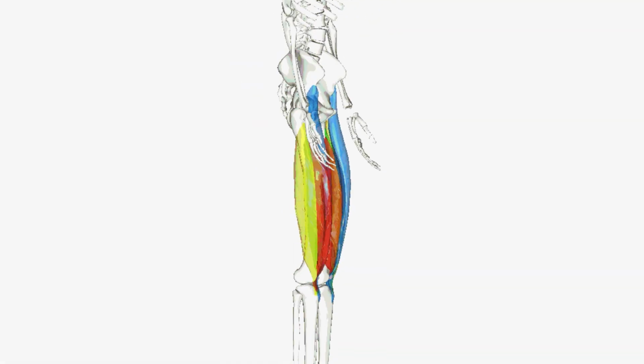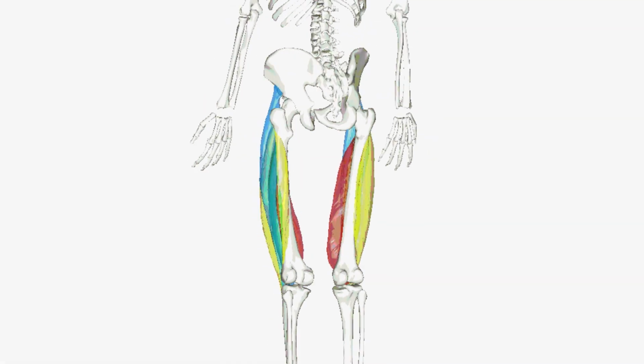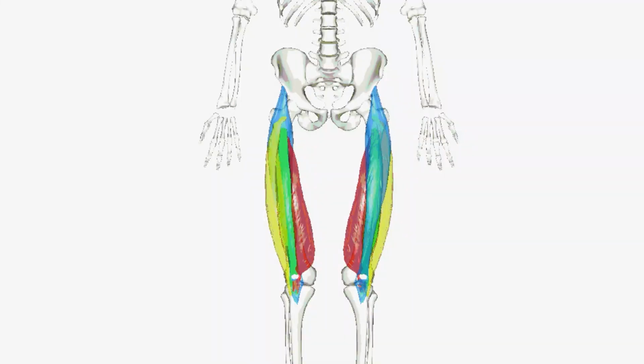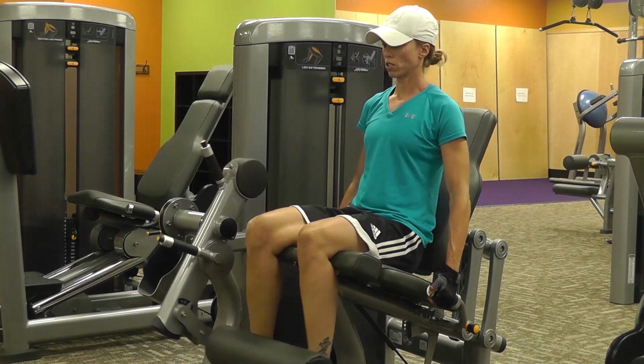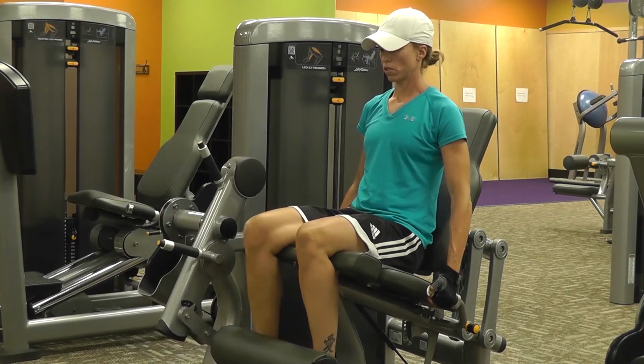Quad means 4, and there are 4 different muscles that are part of your upper thigh. The 4 muscles in this group are the rectus femoris, vastus lateralis, vastus intermedius, and vastus medialis. All these muscles attach to the patella, which attaches to the tibial tuberosity. The quad muscles originate on the anterior superior iliac spine of the ilium and extend the knee. You can isolate your quads by performing leg extending movements like machine leg extensions, as this will really focus solely